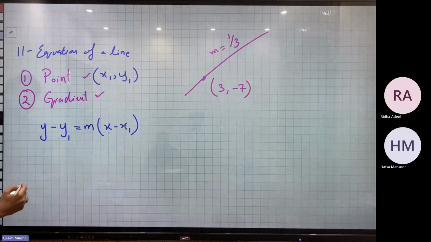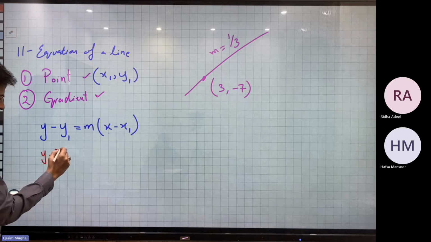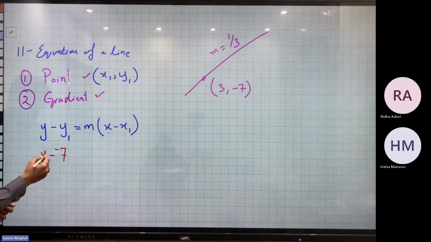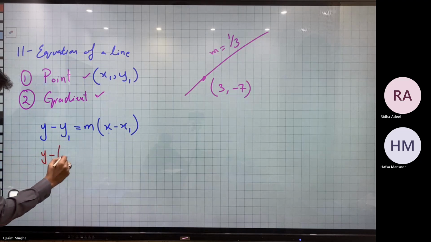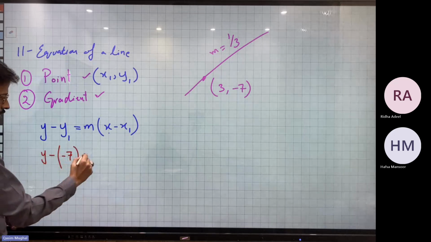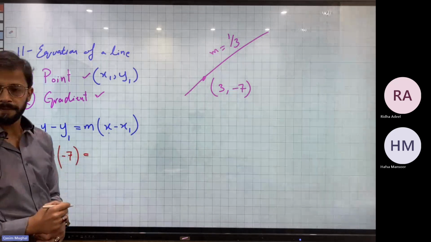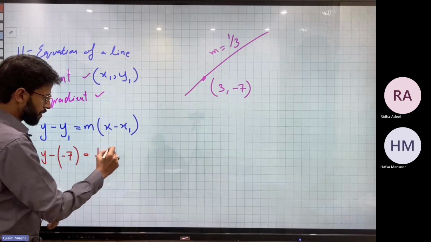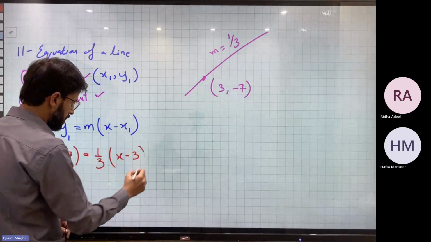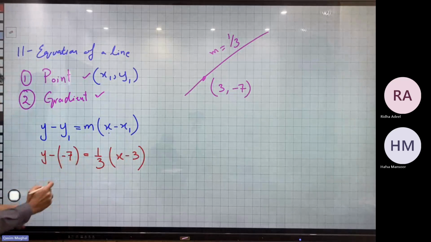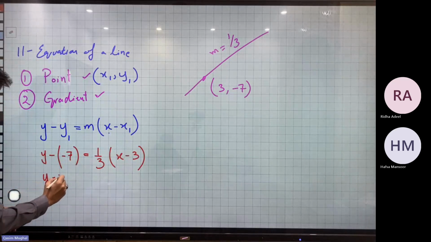Let's create an equation for this one. So y minus, what is y1? -7. या तो ऊपर माइनस लगा के नीचे 7 लिख लिया करें ताकि आपको याद रहे माइनस माइनस प्लस करना है, if you don't like the brackets, but I prefer brackets। y minus y1 इक्वल्स ग्रेडियंट, क्या दिया हुआ एग्जाम्पल में, 1/3 into x minus what is x1, 3 पुट किया। आ गया इस टोटल सिंप्लीफिकेशन है so y plus 7